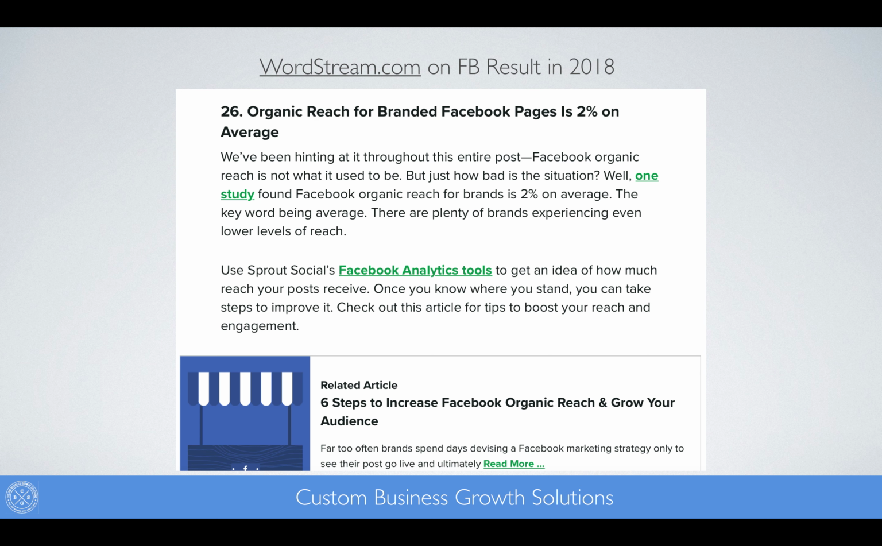So, just general posts on your business Facebook page. This comes from wordstream.com, Facebook results in 2018. And look at this: organic reach for branded or business Facebook pages is 2% on average. I think that's still on the really low end of the spectrum, but even if it was